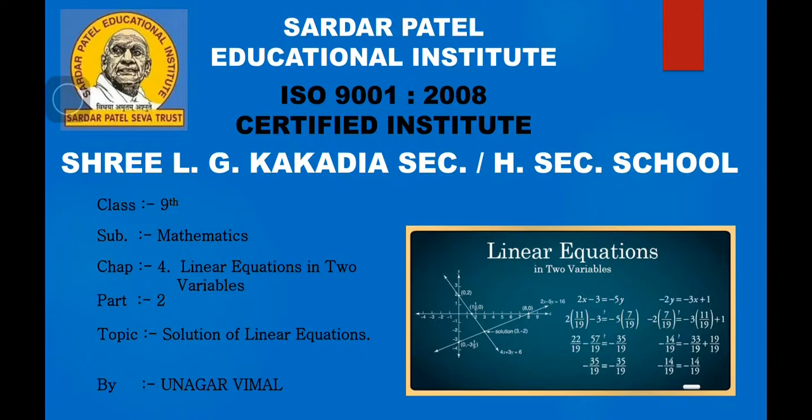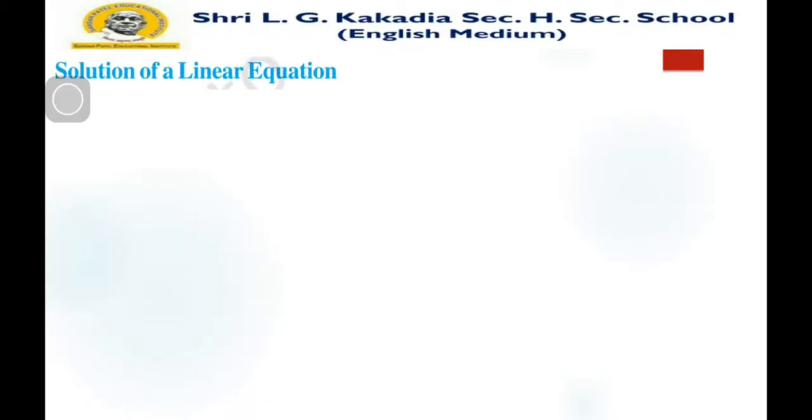For that, given some linear equation, we are going to take some values of x and y. We know that a linear equation is given in the form of equality, where the RHS and LHS are both equal. Now we take the values of x and y and put them in the equation, and if the left hand side and the right hand side are equal, then we can say that the values of x and y are a solution of the given linear equation.